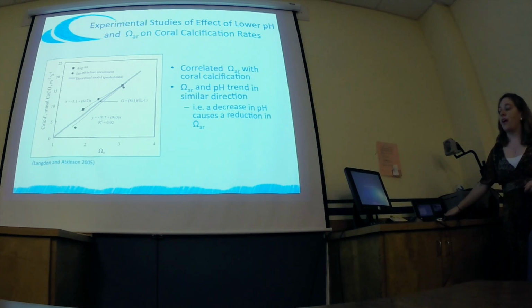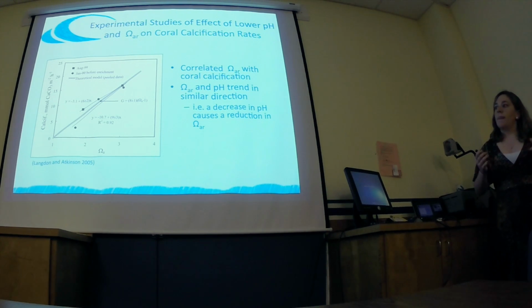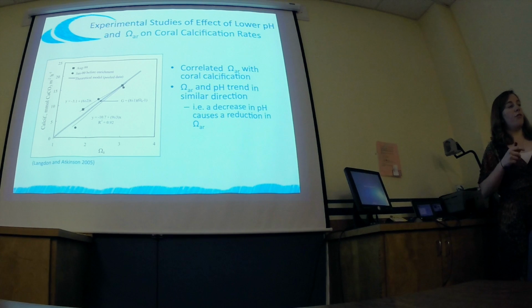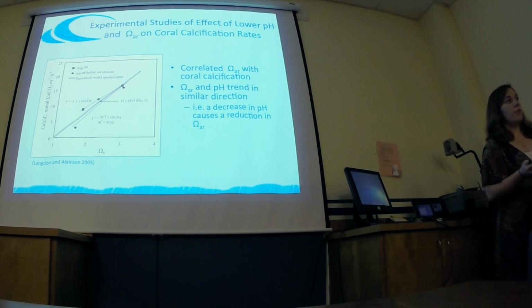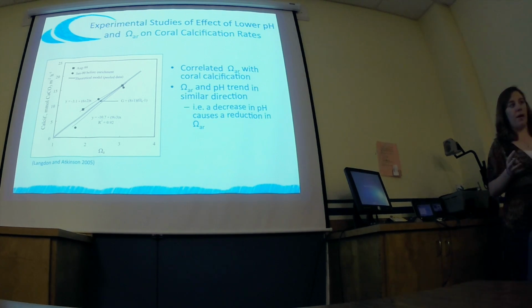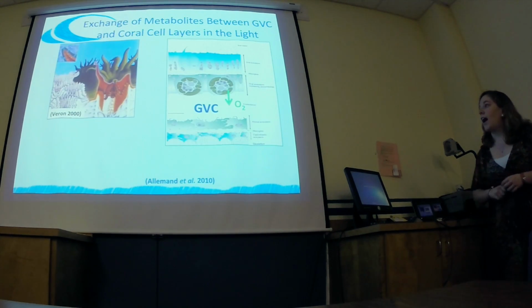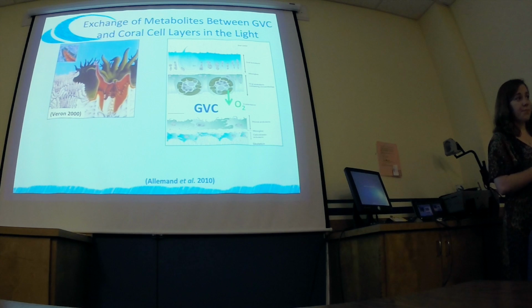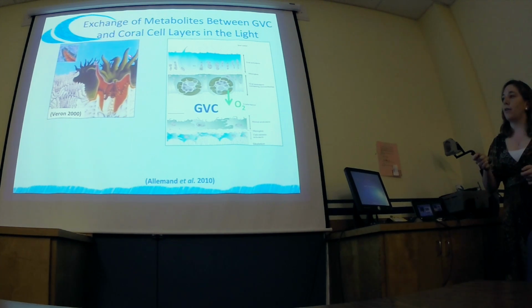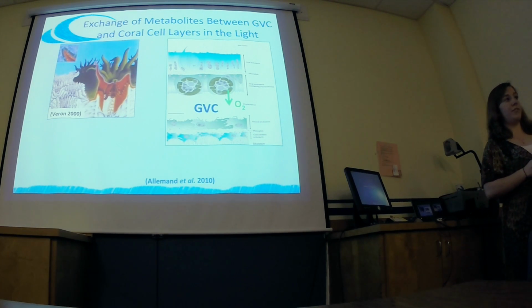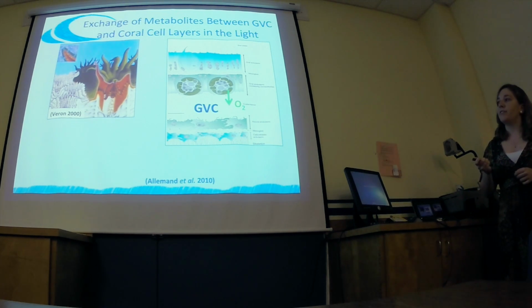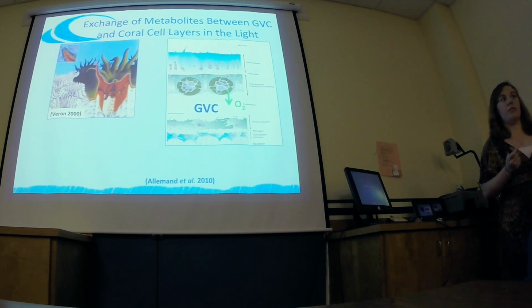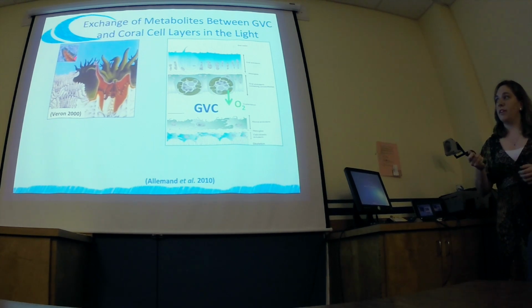So now that we've explained how corals are overall responding with this aragonite saturation and pH, we're kind of viewing corals as a black box. So let's take a look at the actual coral itself. So here is a coral polyp similar in appearance to the one that I used. And what we see is it actually has an exoskeleton, but the tissue is on top of the skeleton, as seen here.